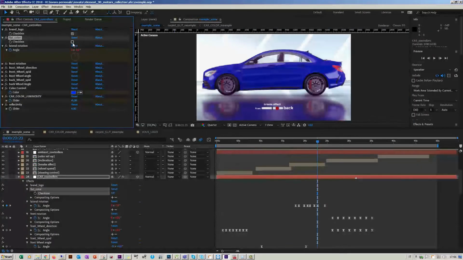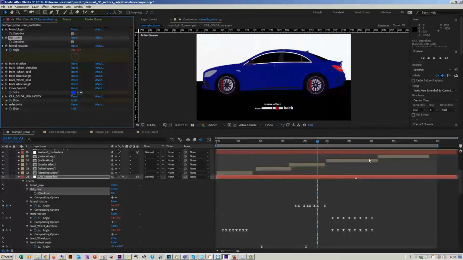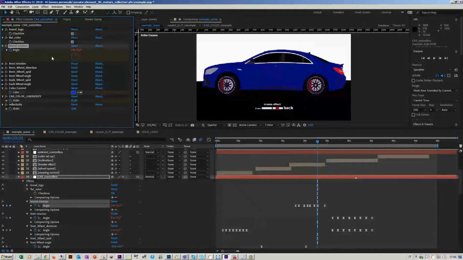For better control, you can activate flat control. This one will allow you to disable all the refraction, or the fake refraction, of Element 3D, and disable the anti-alias. This allows you to animate in a very fast way in case you want to quickly see what you are doing with your car. Okay, then in this case we want to